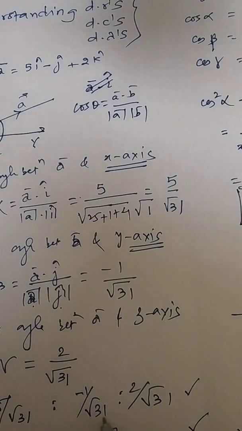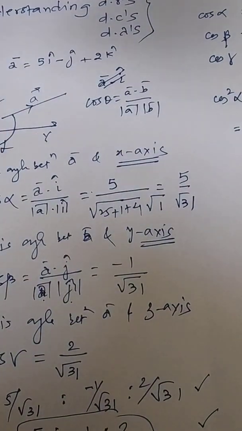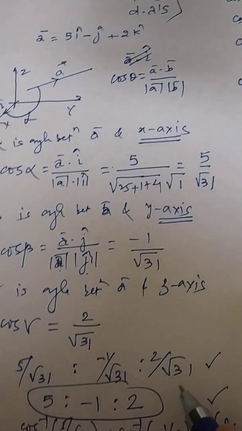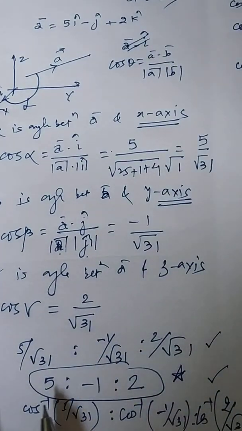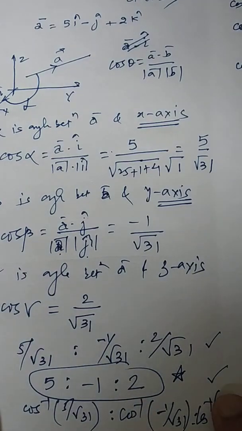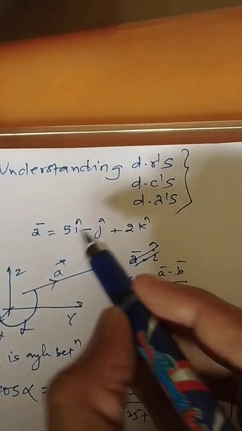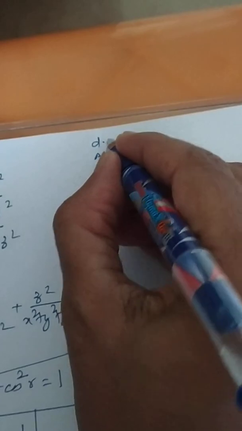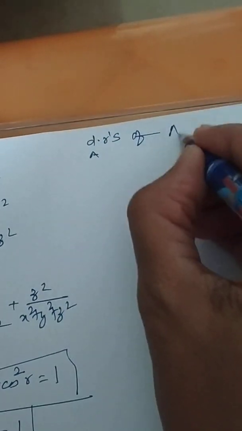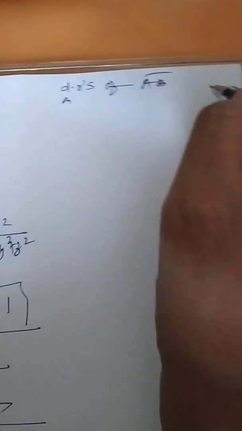In case the end points of the vectors are given to you. Before that, one more thing I just want to tell you, that this is nothing but direction ratios. Look here, 5, -1, 2. This you can calculate without any calculation as such. What is the answer? Look, 5, -1, 2. Go upside. See what is the coefficient. 5, -1, 2.